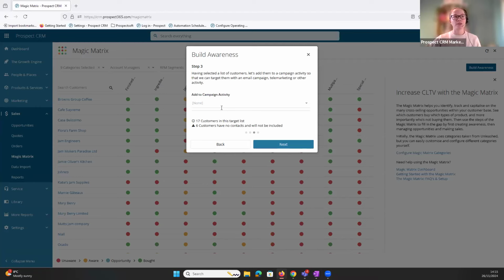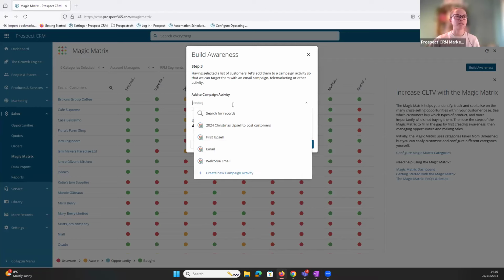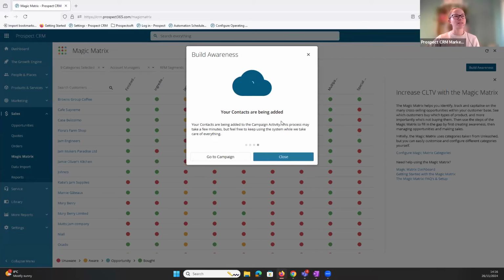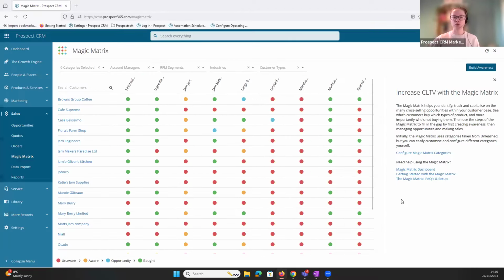And now what the CRM is going to do is add this list of customers to my campaign activity. So the one that I made earlier is perfect for this. And once you click next, your contacts will now be added to that campaign activity. And you'll notice that you can kind of close off this and the system will just do it in the background for you. So within a few clicks, within the space of this webinar of about maybe 5 minutes